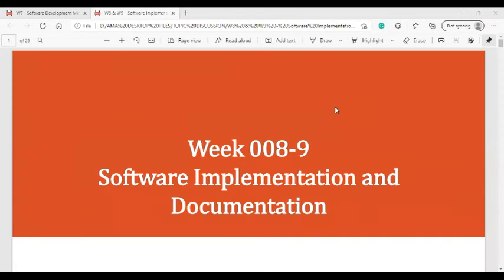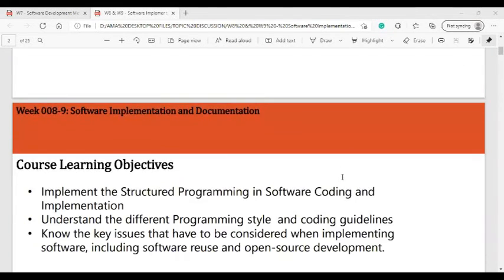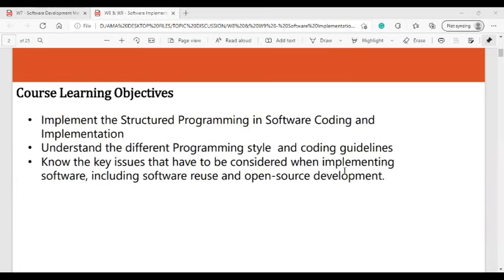Good afternoon, everyone. Today we're going to discuss software implementation and documentation. These are the learning objectives of this topic. Number one, implement structured programming, software coding, and implementation. Number two, understand the different programming styles and coding guidelines. Number three, know the key issues that have to be considered when implementing software, including software reuse and open source